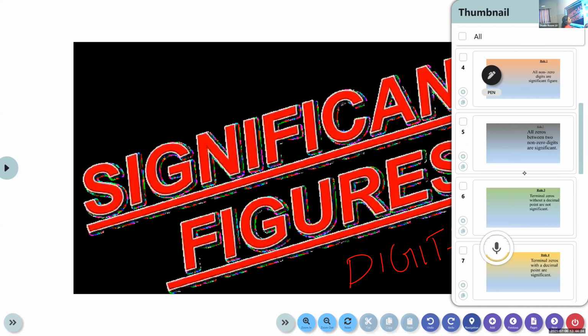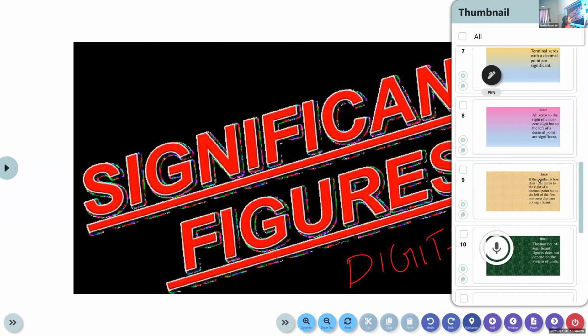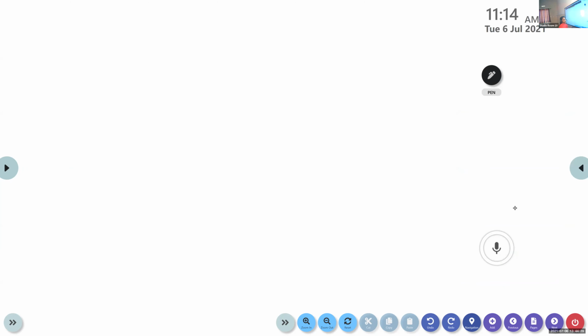So now, what do you mean by this significant figure or significant digit? Suppose I will explain this with the help of an example. Suppose you imagine that I measure the length of a side of a cube, and suppose its value is 13.002 centimeter. Okay, so this is the measured value of the side of a cube.